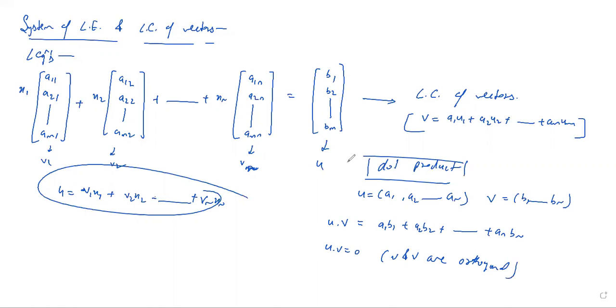Okay, so by applying the concept of the dot product in this system, we are saying that we have these vectors u1, u2 to un. Let's say I am writing my system of linear equations in the format v equals a1 u1 plus a2 u2 to am um. Okay, this is how I'm writing my system of linear equations. Now these vectors u1, u2 to um, which belong to R to the power n, are n non-zero,